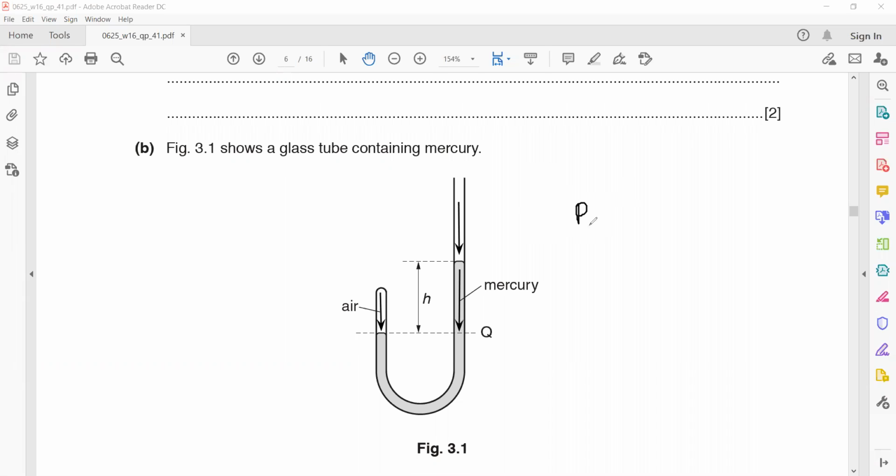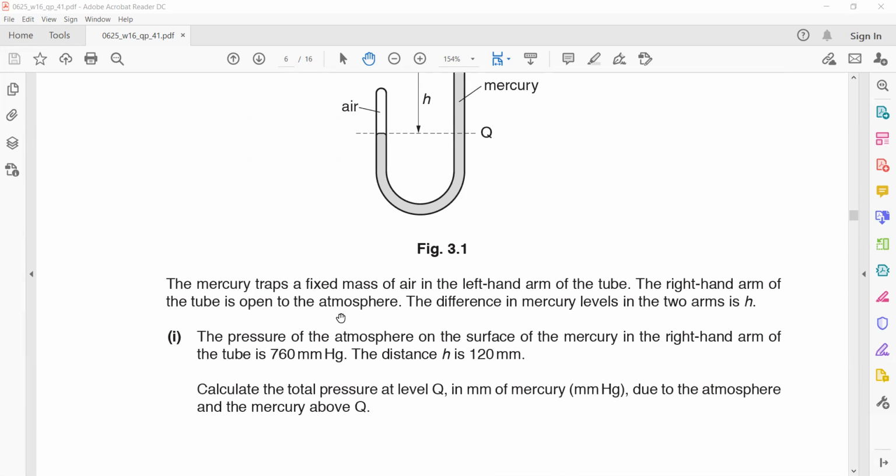Pressure from the left hand side is due to air, and pressure from the right hand side is due to mercury, the liquid, plus the pressure of the atmosphere. So the pressure of air is equal to the pressure of the liquid plus the pressure of the atmosphere. So in the question,